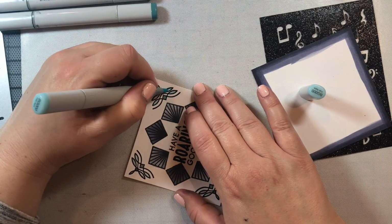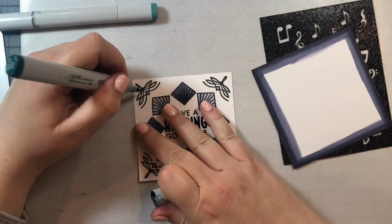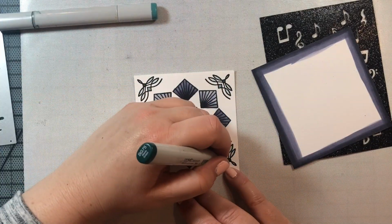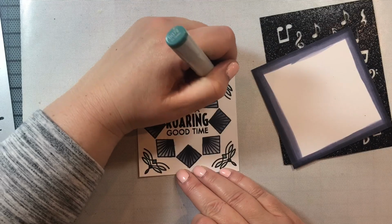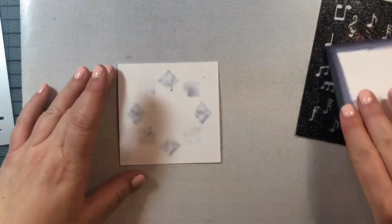And I'm being very careful because I did stamp this with VersaFine ink, which is not Copic friendly. So I was just kind of careful to try to not touch the black ink with my markers so that it didn't smear. And then once we are done coloring this in, we're going to add this to,